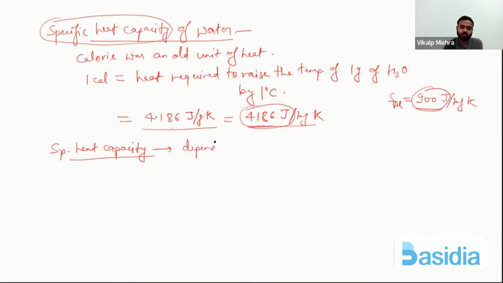It depends on the process by which heat is supplied. So for different processes, specific heat capacity will be different. Understood? So for gases,